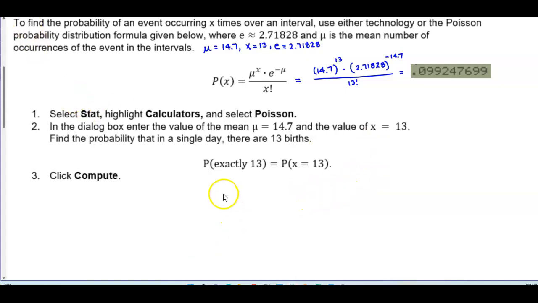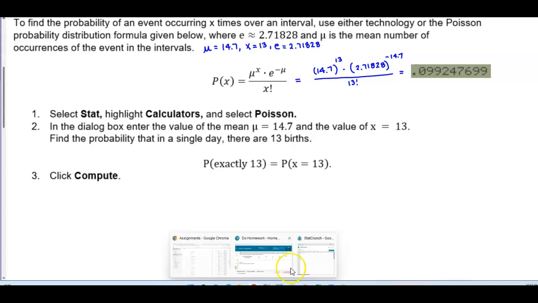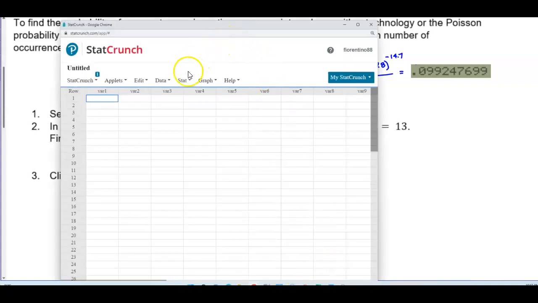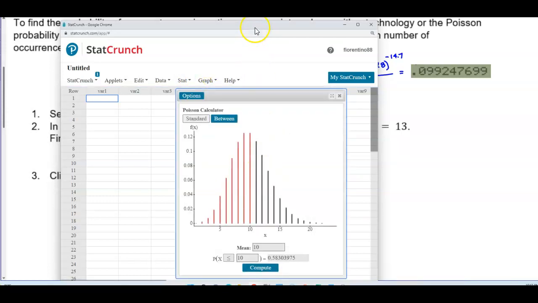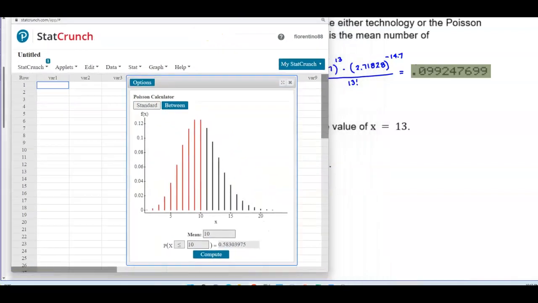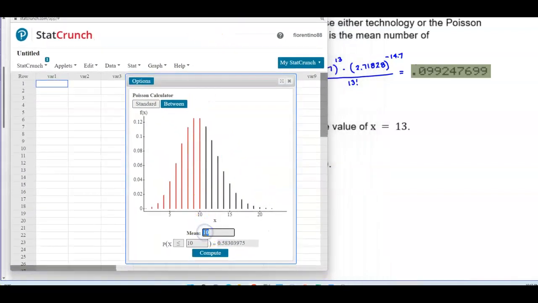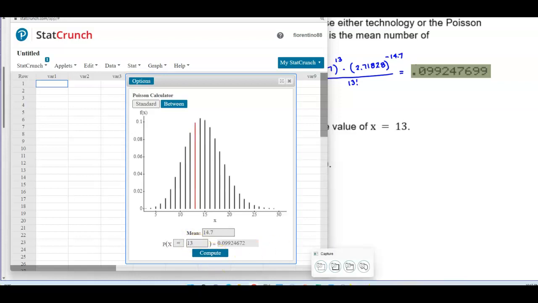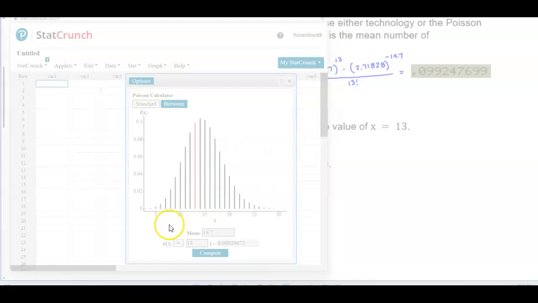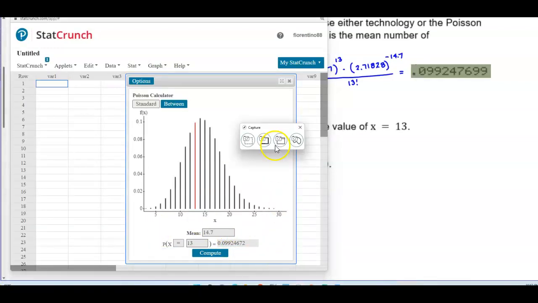Okay, so now we're going to open up StatCrunch, and then select Stat, go to Calculators, and scroll all the way down to Poisson. We know that our mean is 14.7, and we're finding exactly 13, so we set this equal to 13, and then select Compute. If you take a look at the value here for our probability and compare it to the one that we have in our calculator,